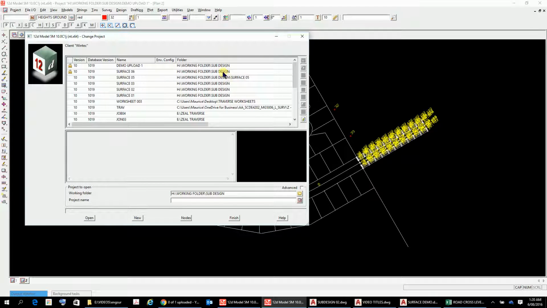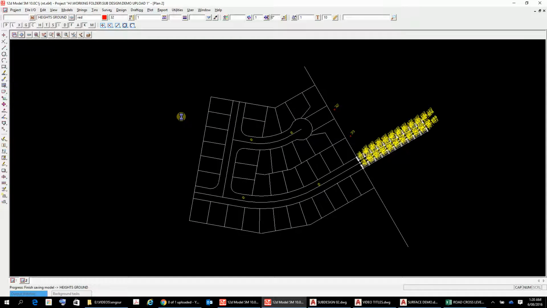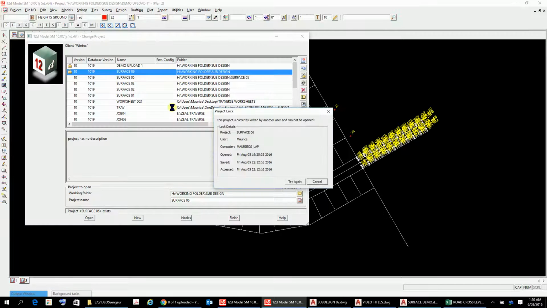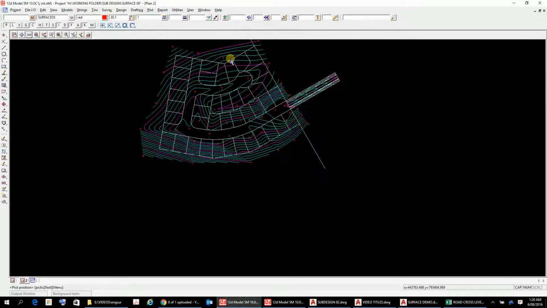Surface 06 is the last one that I did, and I'll go open, and yes, do you want to save the current project? Oh, okay, I'll go yes, and then this is going to swap over to a previous project that I had. The project is currently locked by another user and cannot be opened. Try again. Cancel. Well, here it is, because I've actually got it open,